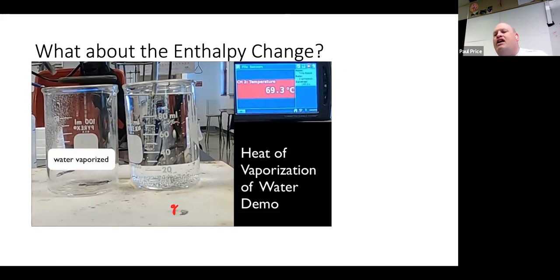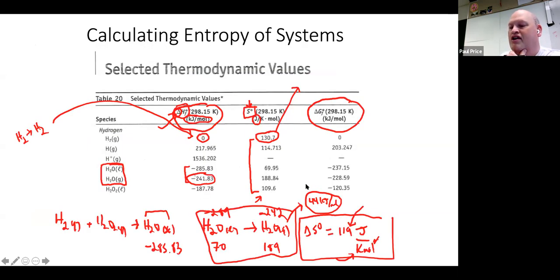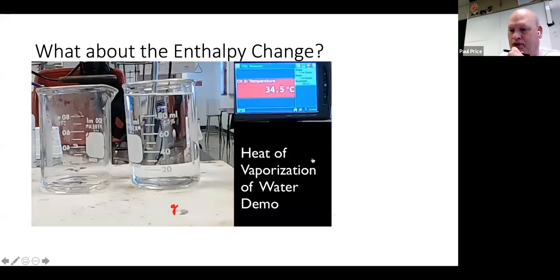If we had enough time, I would have you actually calculate the enthalpy of vaporization this way experimentally. But you can use this as an example on your own, since you're going to have the PowerPoint. And of course, we should get a number really close to 44 kilojoules per mole. It won't be ideal because of the approximations we're making, but that's one way experimentally we could actually measure this number of 44 kilojoules per mole, okay, from right there. Now,